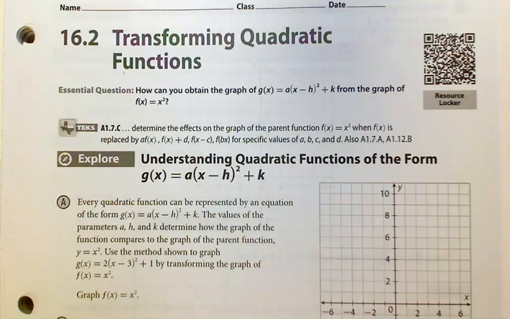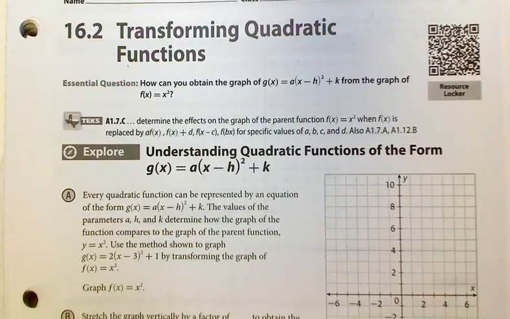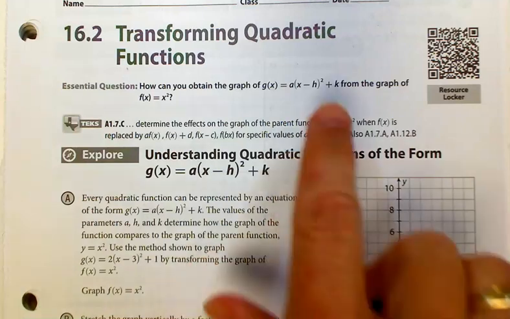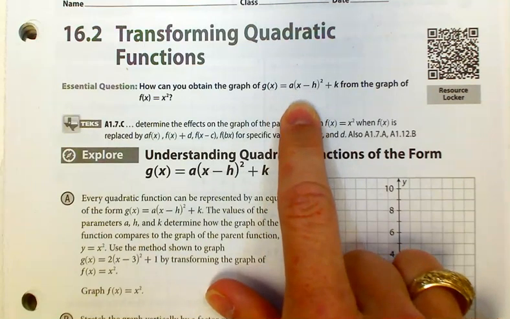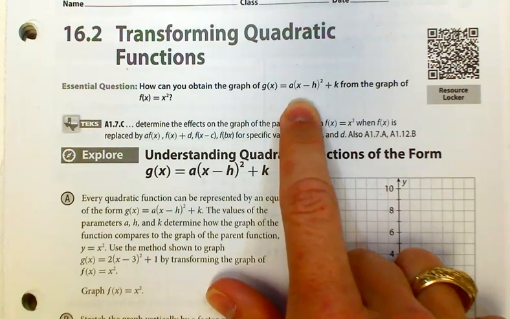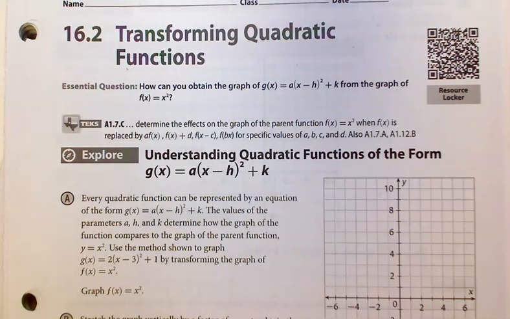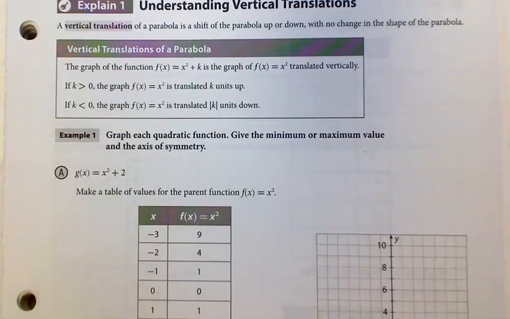Okay, so bottom line is, so far you've learned that a quadratic equation in standard form is ax squared plus bx plus c. And now we're about to look at it in a different format called vertex form, so that it's a little more obvious from that format what we're doing to the function. Okay? All right, I'm going to skip through this explanation and go straight to